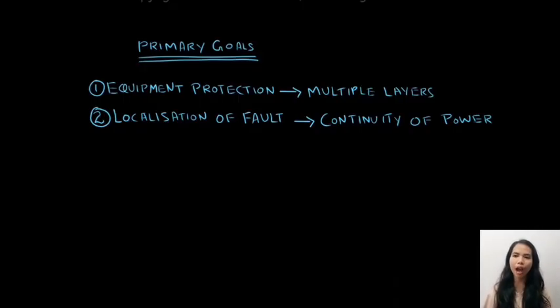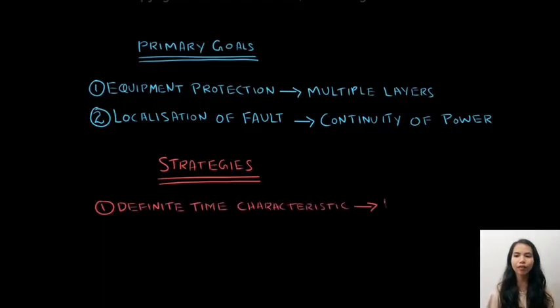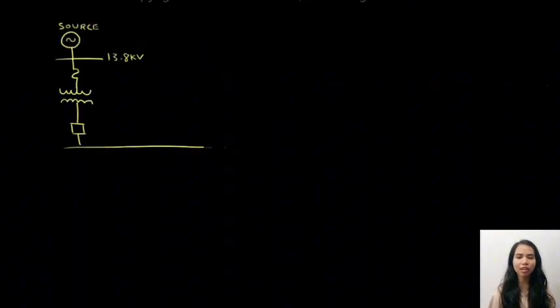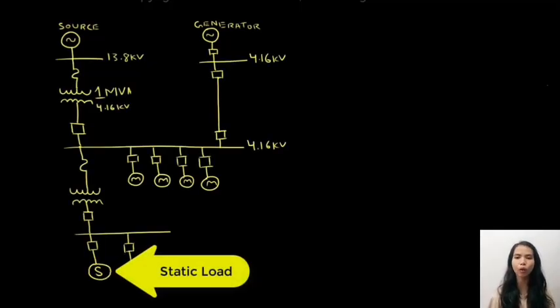Before we talk about how to actually achieve coordination, we must first consider the strategies involved. There are two types of characteristics which we can use to coordinate the protective devices in a power system. The first one is the definite time characteristic, which defines a fixed time delay before the tripping action of the protective device. To demonstrate this concept, let us consider a facility with a 50 kVA, 60 amp static load